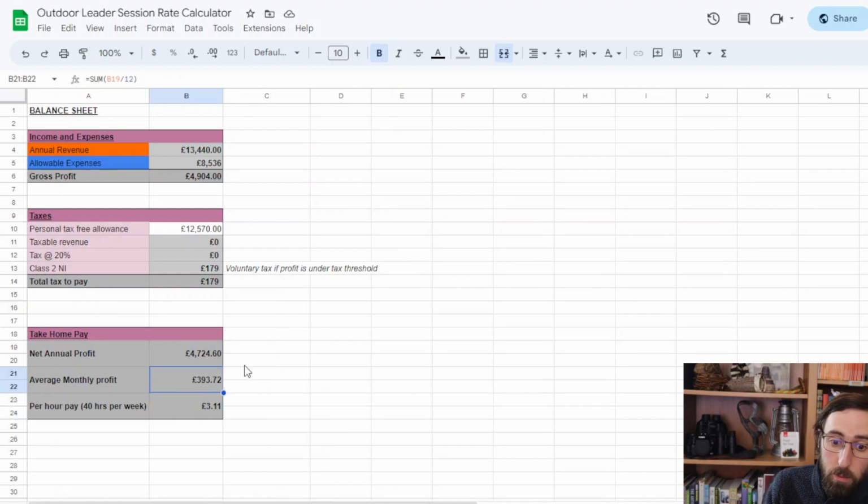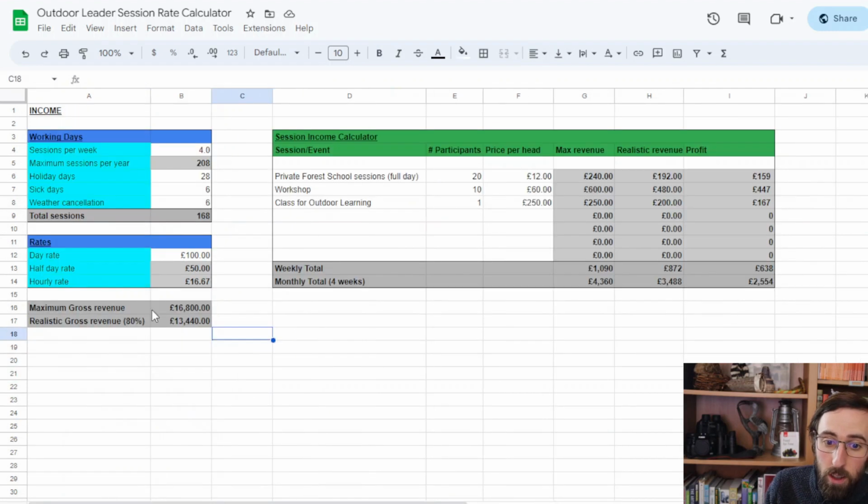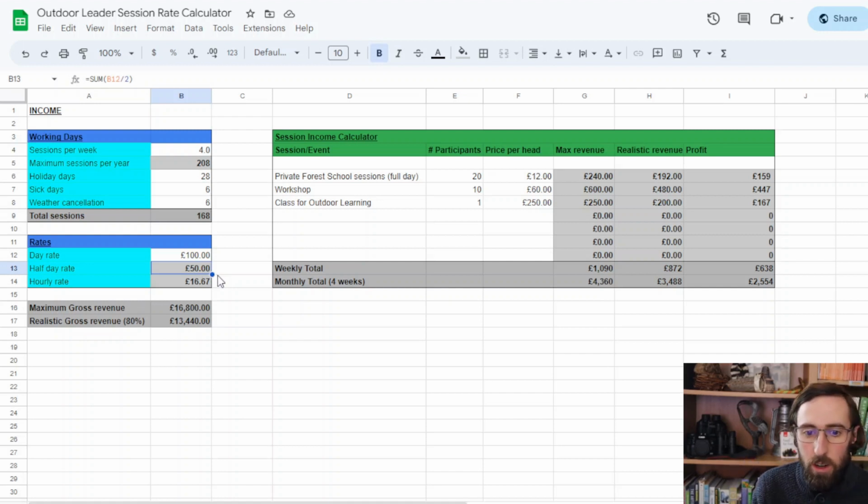I personally price everything on that day rate or half day rate. I will charge a day rate if it is virtually impossible for me to do another session on the same day. So even if I'm only delivering half a day, if I have to take the entire day off in terms of travel, planning, everything else, I will usually charge a day rate. Otherwise, for, say, a morning session that's done by 12 or an afternoon session that only starts at 1, I will charge a half day rate. Generally I work on either day or half day.